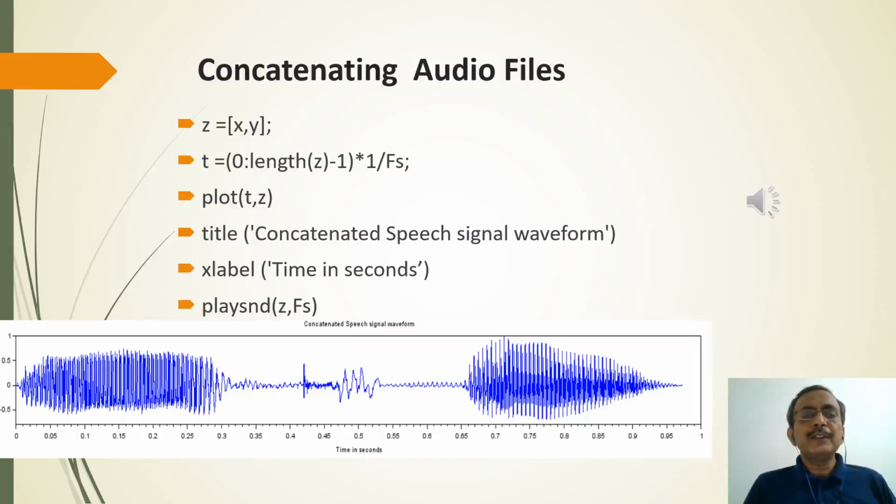Concatenation is the operation in which we can have the first file followed by the second file. We can do the concatenation of two or more audio files by first reading their sample values and then concatenating them like this, as shown over here in the very first command. But it is important that the two audio files, or n number of audio files, that we are using all must have the same sampling frequency, which was fs that we have defined earlier.